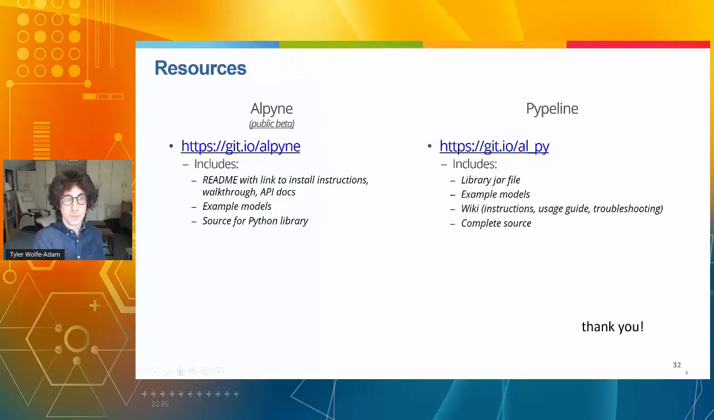So, resources. Both libraries are available on GitHub, and there are short URLs here that you can access. Both of them come with instructions on how to download. For the Alpyne library, installation happens through Python's built-in package manager pip. There's a link to instructions, and there's also some API docs and example models, including the scripts that I showed today. And for Pypeline, there's also a wiki with detailed usage and troubleshooting,